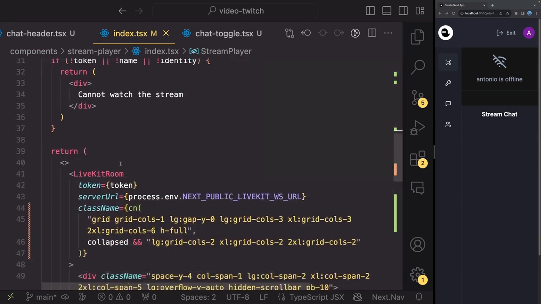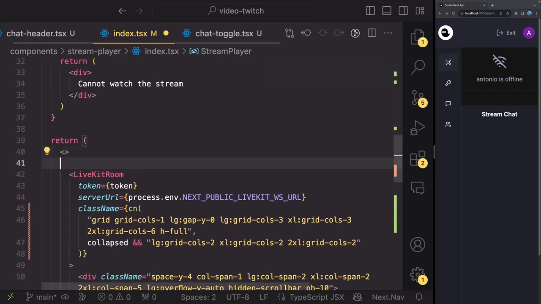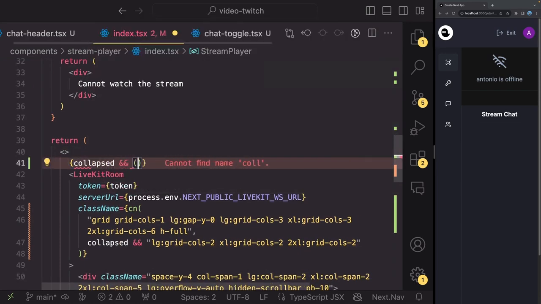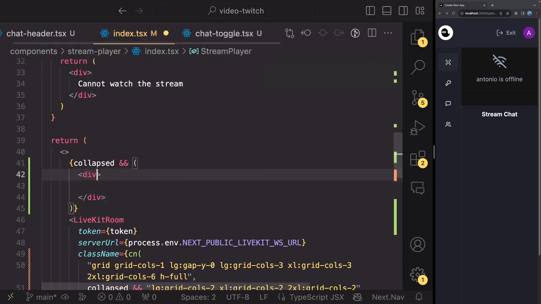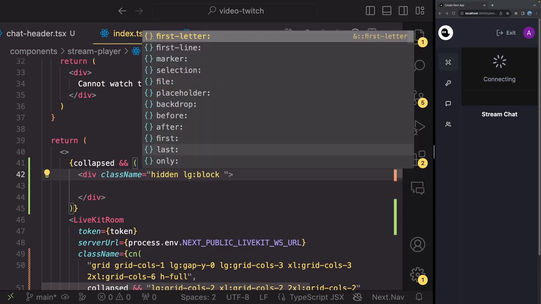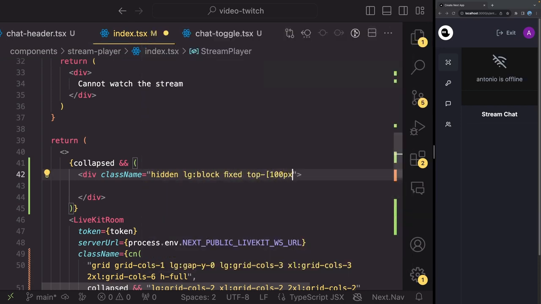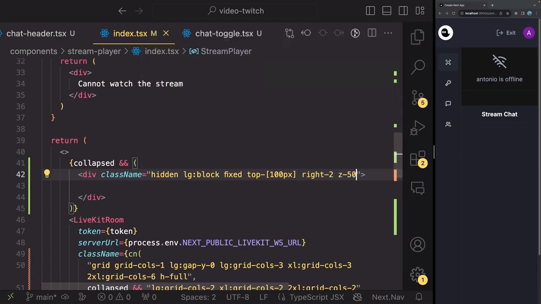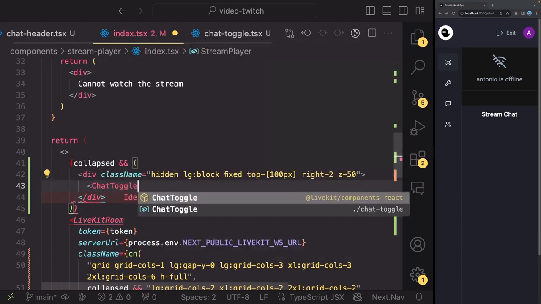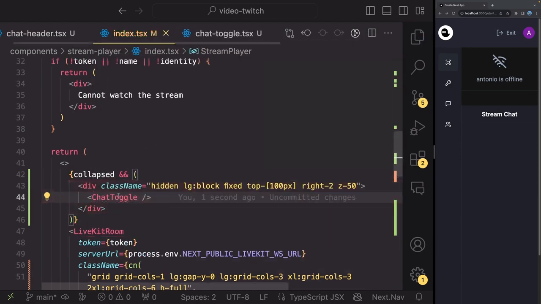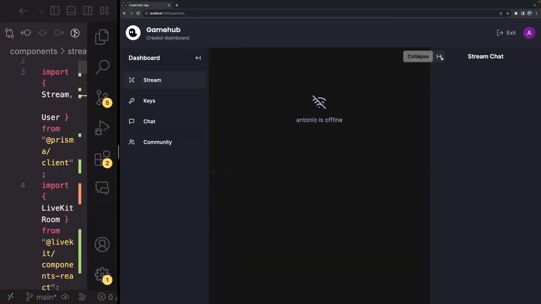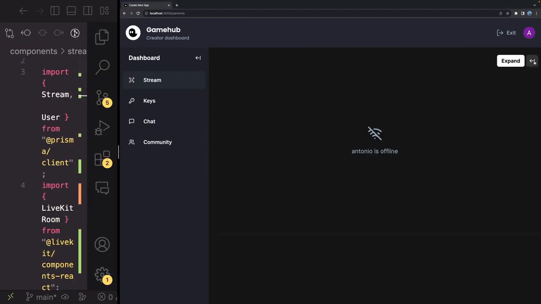So what I'm going to do is go outside of the LiveKit room, and in here, I'm going to dynamically render if collapsed. In that case, render a div with a className of hidden, but visible on desktop, fixed, top 100 pixels from above, 2 from the right, and z-index of 50. And inside, I'm going to render the ChatToggle from ./chat-toggle, which we just created. So now what should happen is that you can click here, and there we go, you have a button